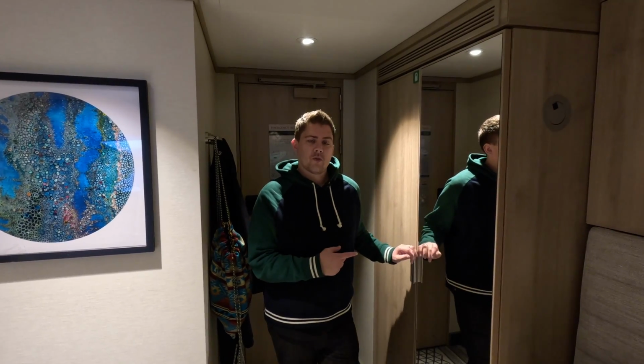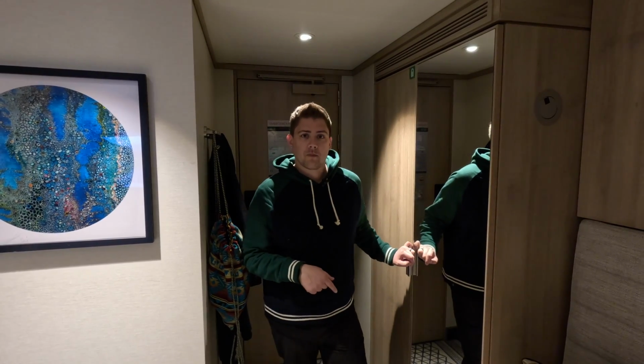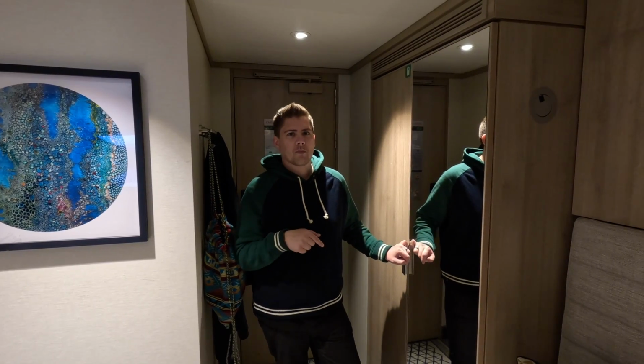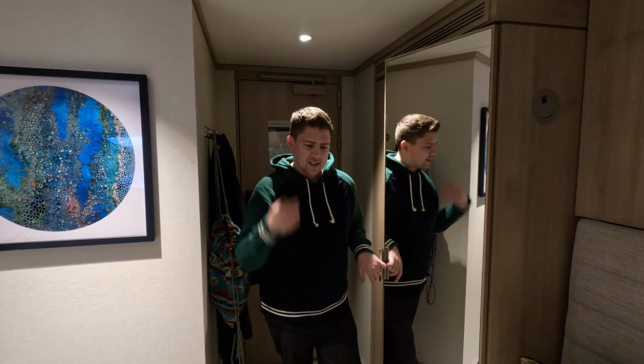On the outside of the wardrobe, you'll notice there is a full-length mirror, so that's really good if you're getting ready on celebration night. It's just opposite sort of half a wall, so in this cabin you might just have to open it slightly so that it points into the room so that you can see yourself all glammed up